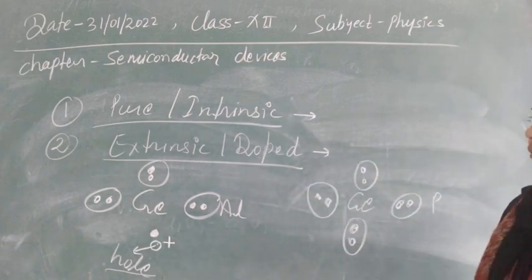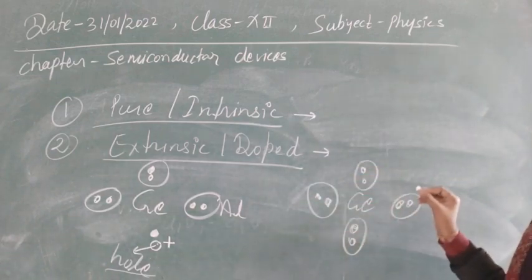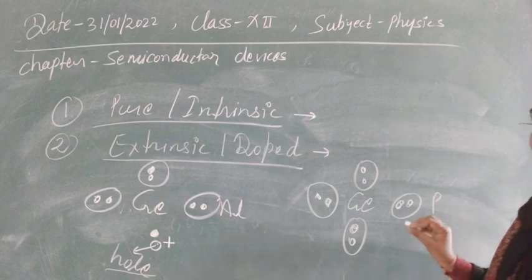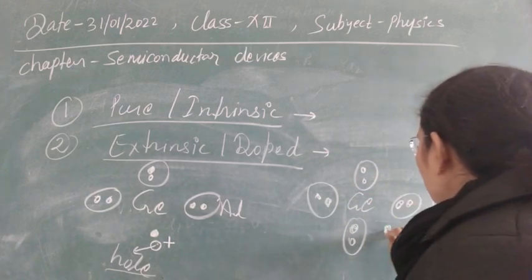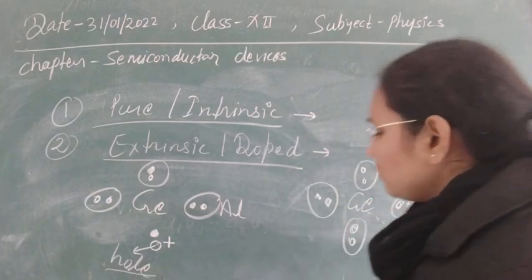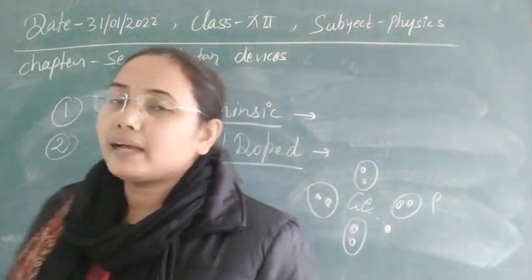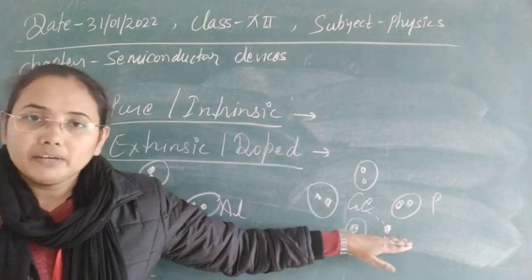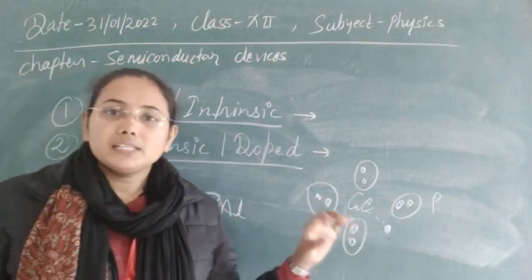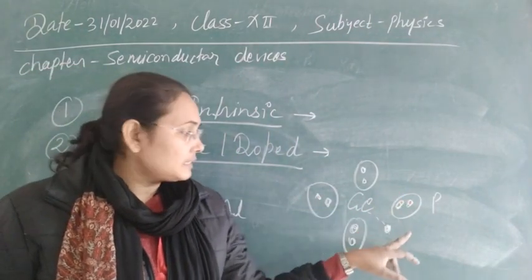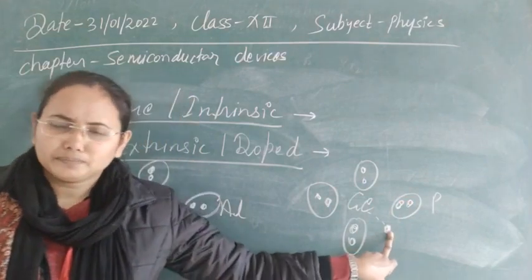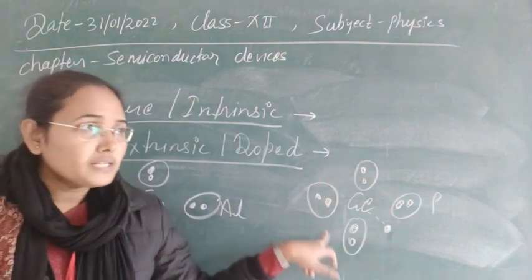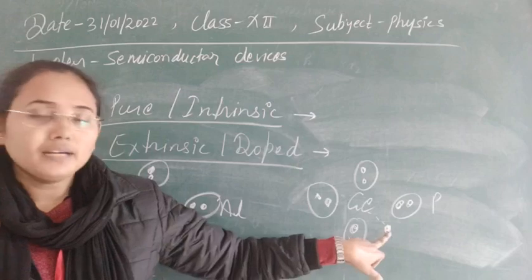it has 5 electrons, so 4 electrons of phosphorus can easily be used to make covalent bonds. Now the octet of germanium is completed, but one additional electron is left on the phosphorus. That additional electron is loosely bonded to the nucleus, but it is not completely free. Whenever only a small amount of energy is supplied to this atom, this electron can be freed, and this atom always has a tendency to donate this electron.